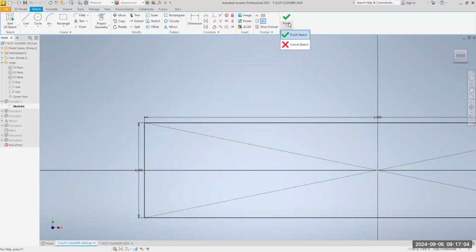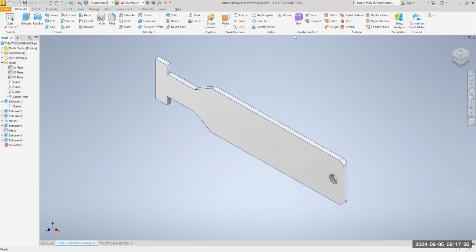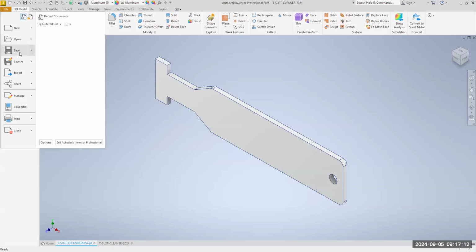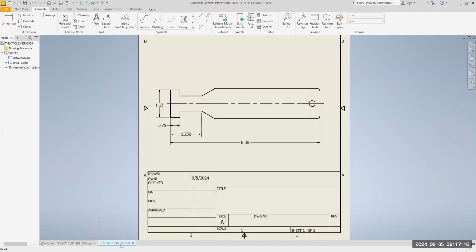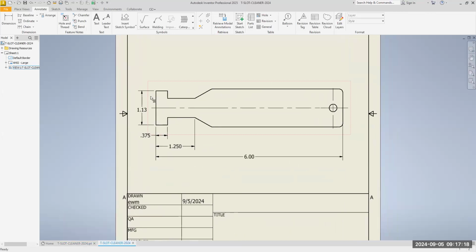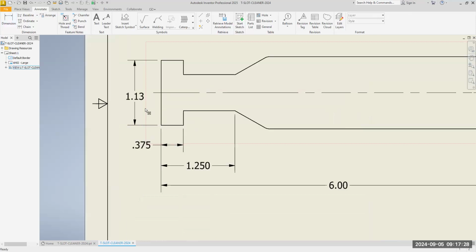Finish the sketch. Now, if I go to File, Save, and go back to my drawing, which is the lower right-hand corner. Watch what happens when I click on this. That's 1 1/4 now, right? And this is where it should be at